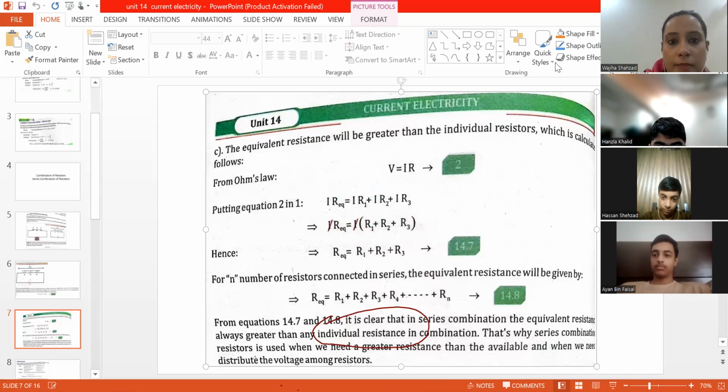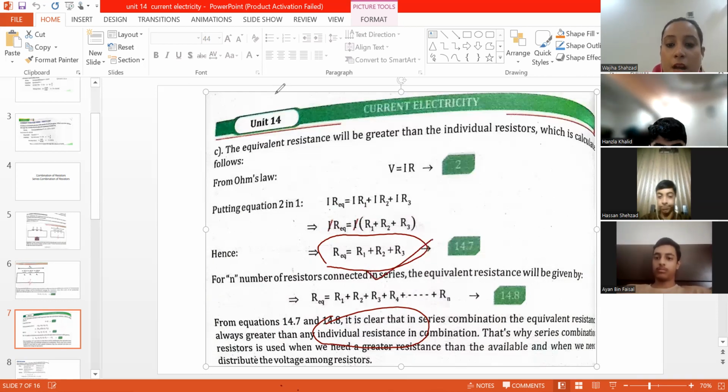After cancelling them, we will get the relation R equivalent is equal to R1 plus R2 plus R3. So this is the value of resistance in case of a series circuit. When we connect the resistors in series, we get R equivalent is equal to R1 plus R2 plus R3. In case of series resistance, all the resistances are added and we get a very large value